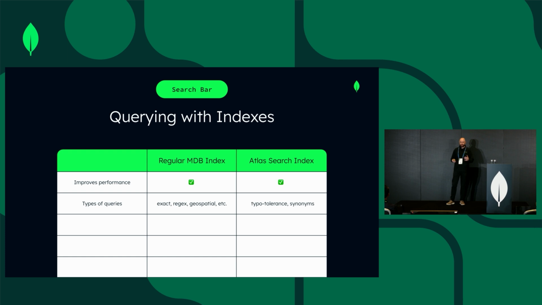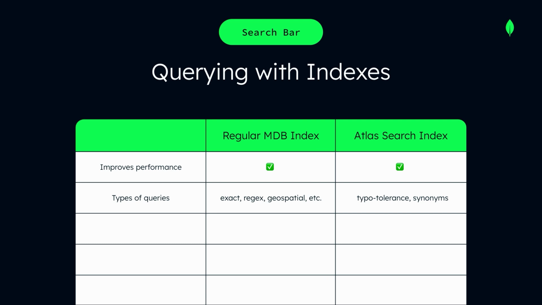What's the difference? First of all, both are there to improve your performance. Both support different types of queries. So there's range, there's exact filtering or querying. With text indexing, you also have fuzzy search, stuff like that. But there's more differences beyond that. So first of all,